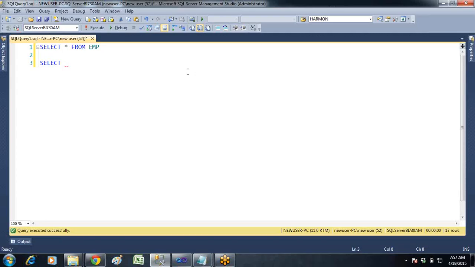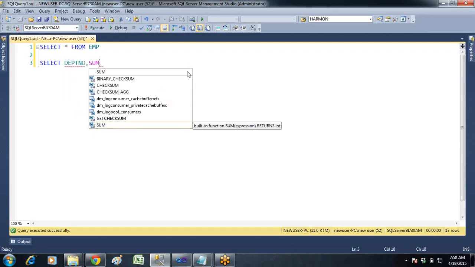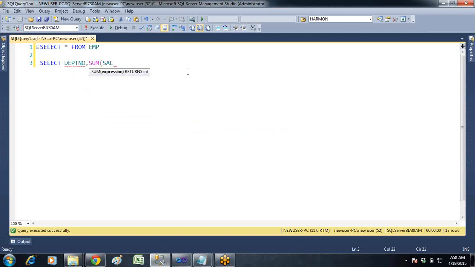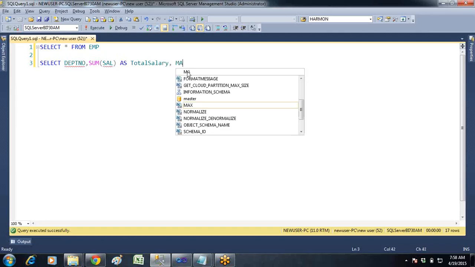I want to show you the salary information per each department. Okay, so now department number, comma, sum of salary as total salary. Okay, and max of